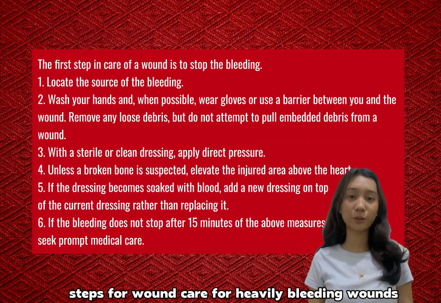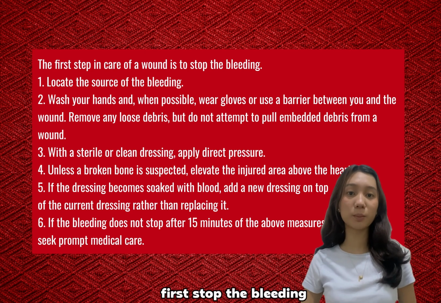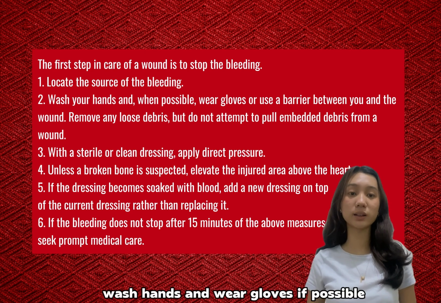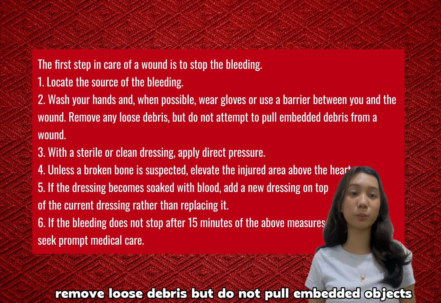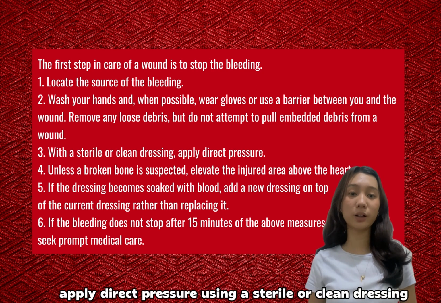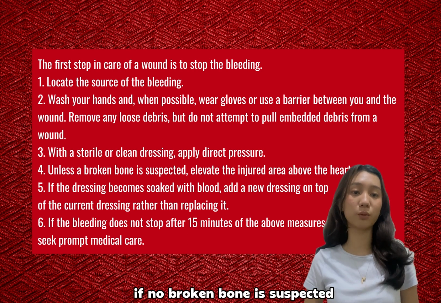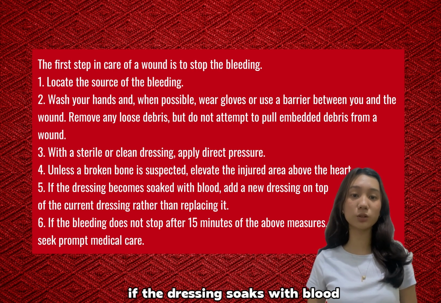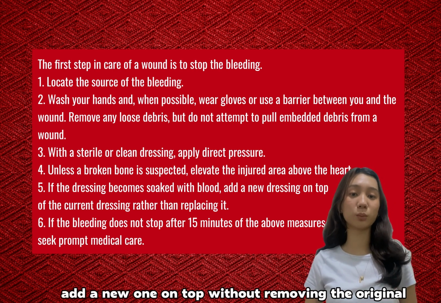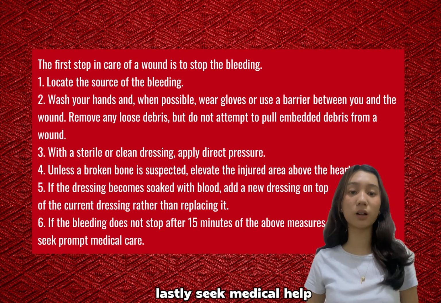Steps for wound care. For heavily bleeding wounds, first, stop the bleeding. Locate the bleeding source, wash hands and wear gloves if possible. Remove loose debris but do not pull embedded objects. Apply direct pressure using a sterile or clean dressing. Elevate the injured area above the heart if no broken bone is suspected. If the dressing soaks with blood, add a new one on top without removing the original. Lastly, seek medical help if the bleeding